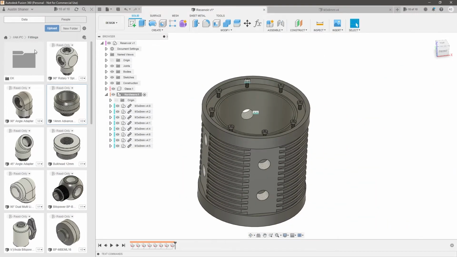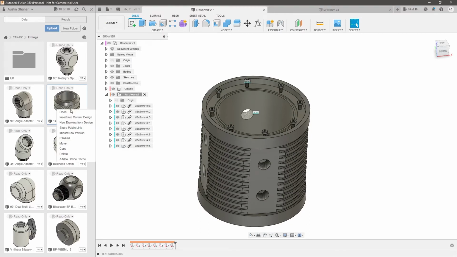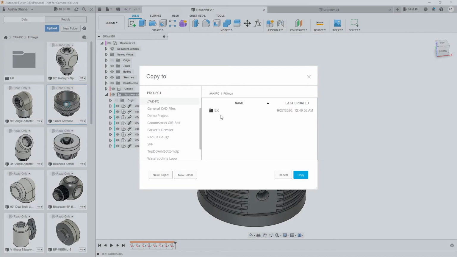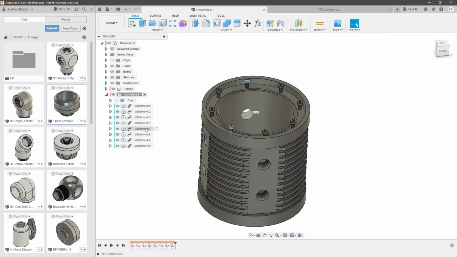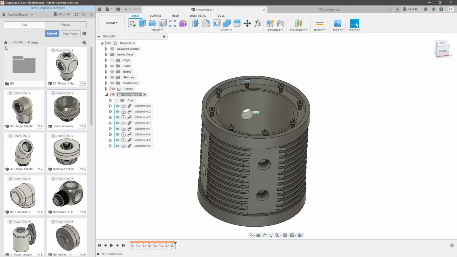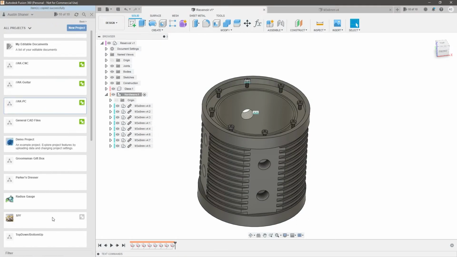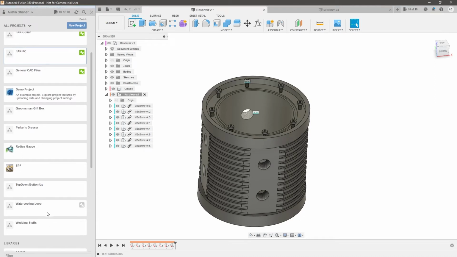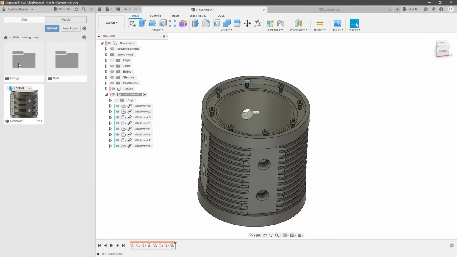So let's go ahead and copy this over. Let's create a copy of this, and we're going to bring it into our water cooling loop. We're going to create a new folder called Fittings. And inside Fittings, we're going to make a copy of that. So now if we go back to our water cooling loop folder, and inside Fittings,